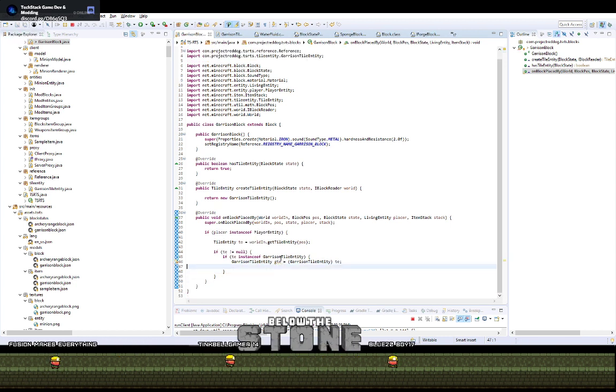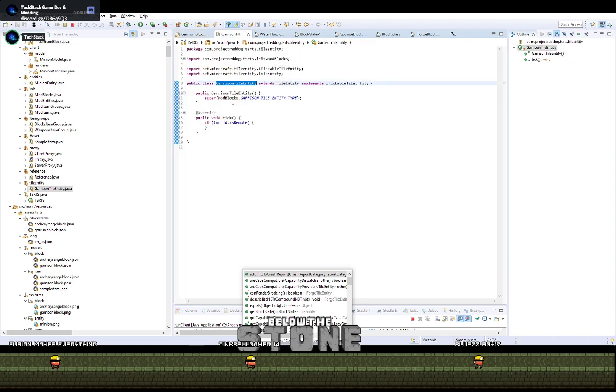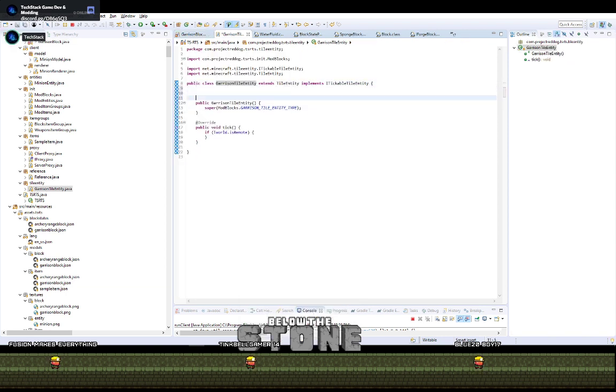There. Then goes GTE. Okay. So now we can go into the tile entity itself, and we can set a reference, so a private